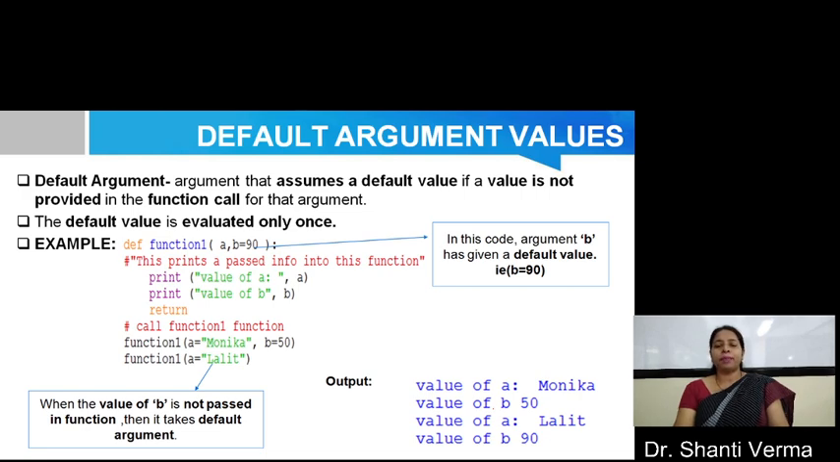Let's take an example. You can see that I declare a function, and the name is a function 1, and I pass two parameters as arguments. One is a and the second is b, and I declare this value as 90. Now inside the function I print the value of a and print the value of b. Now calling the function,